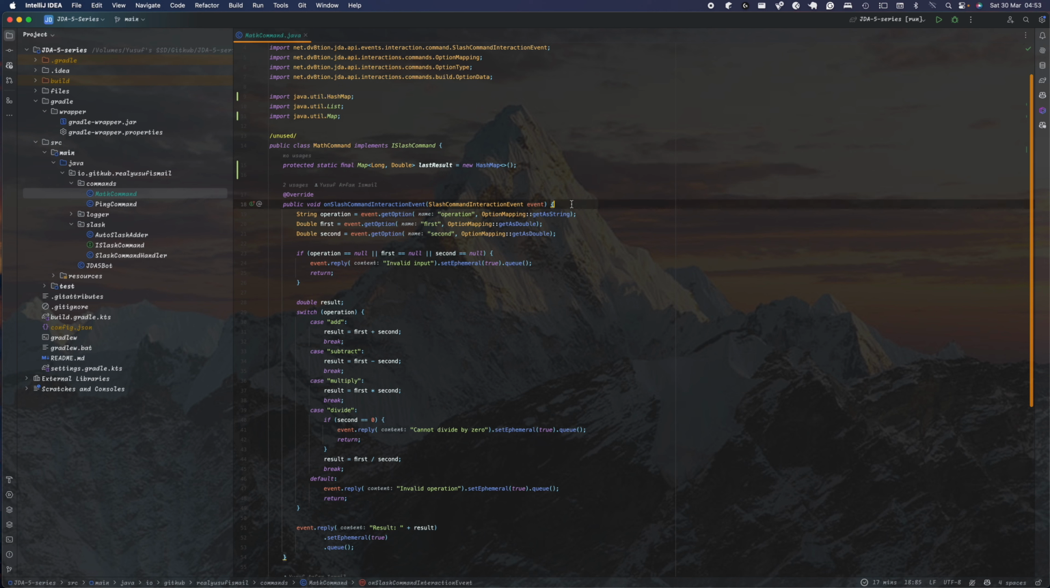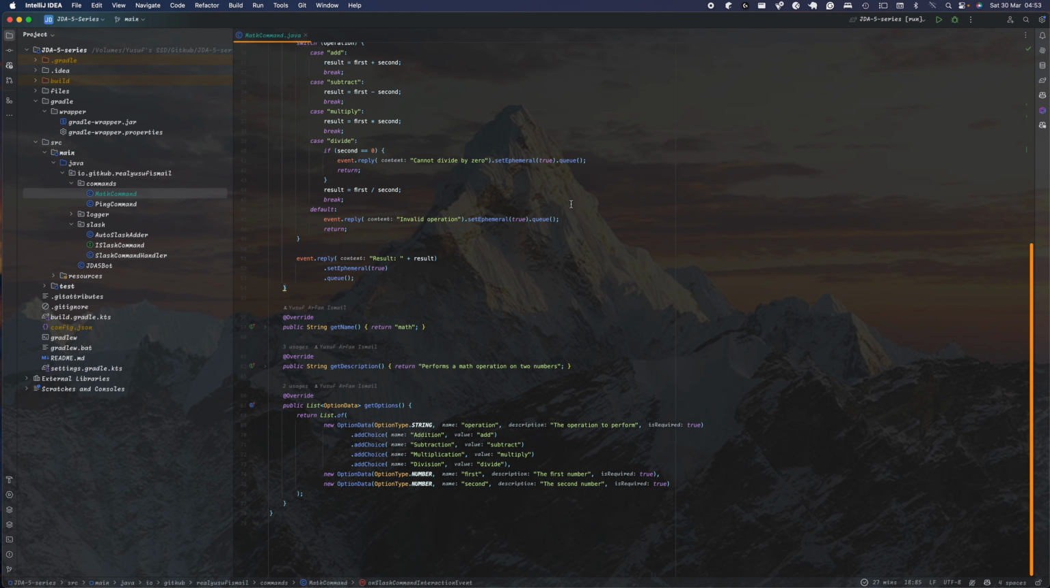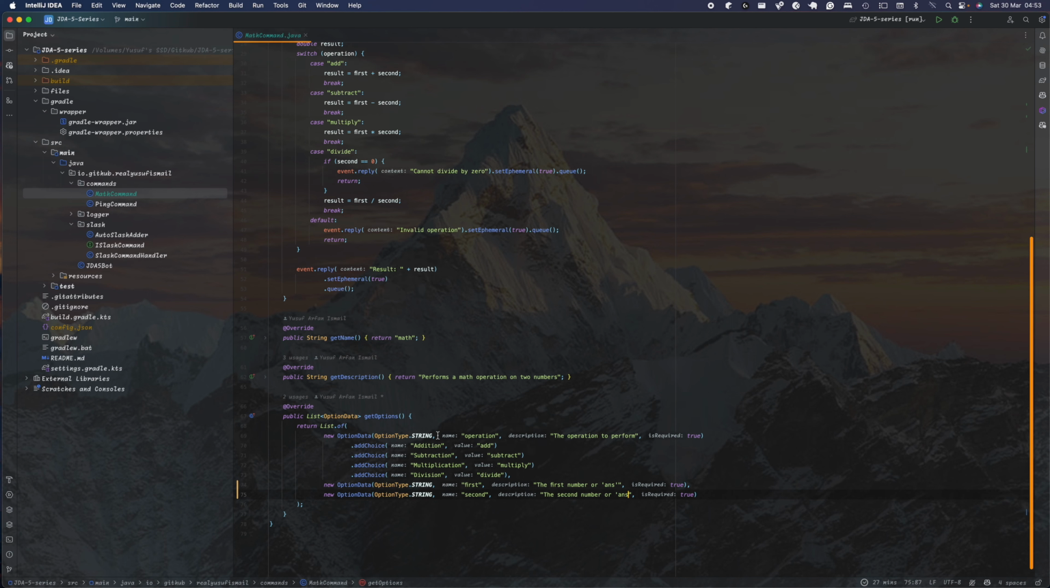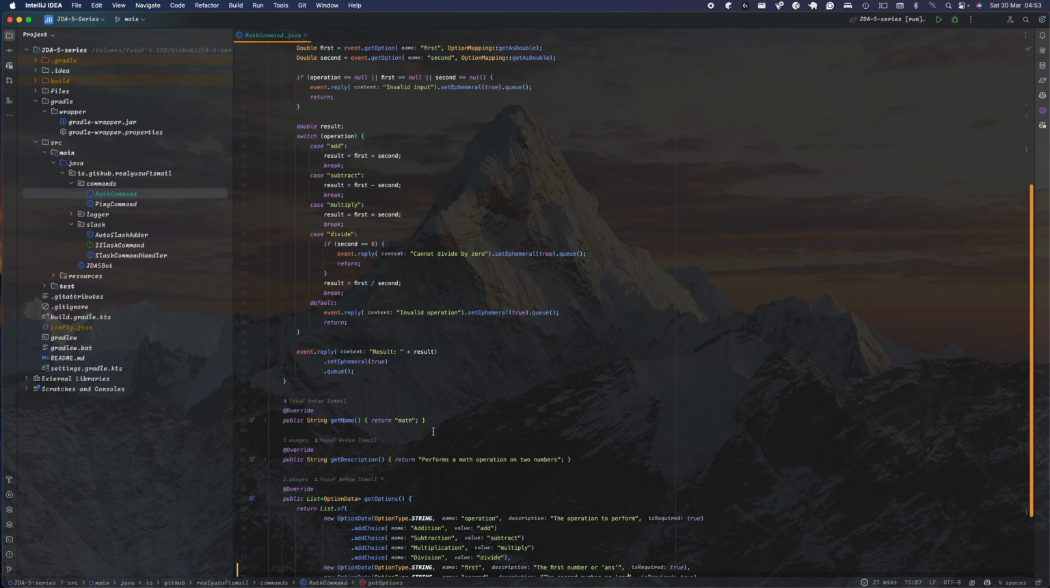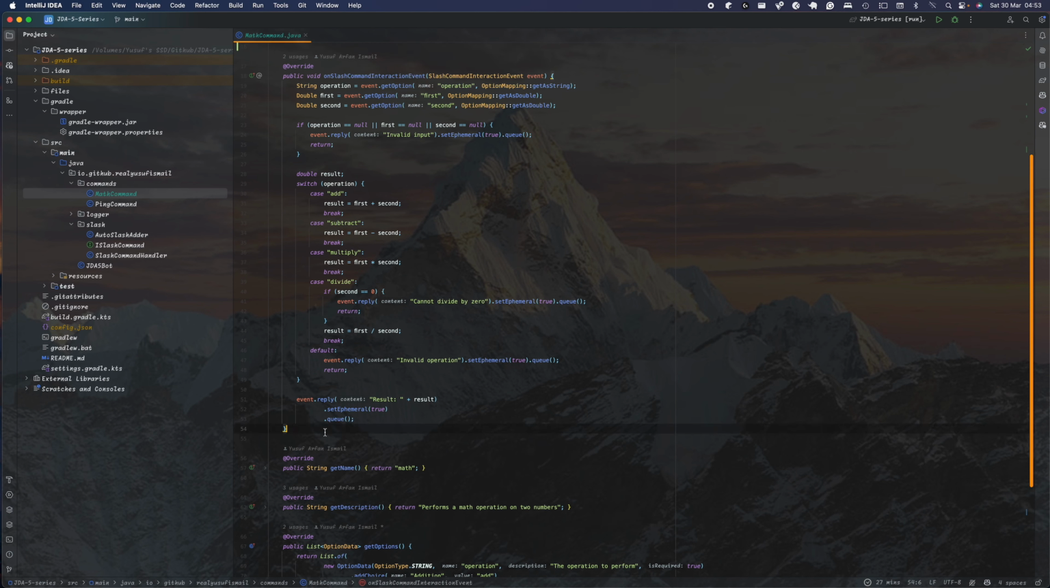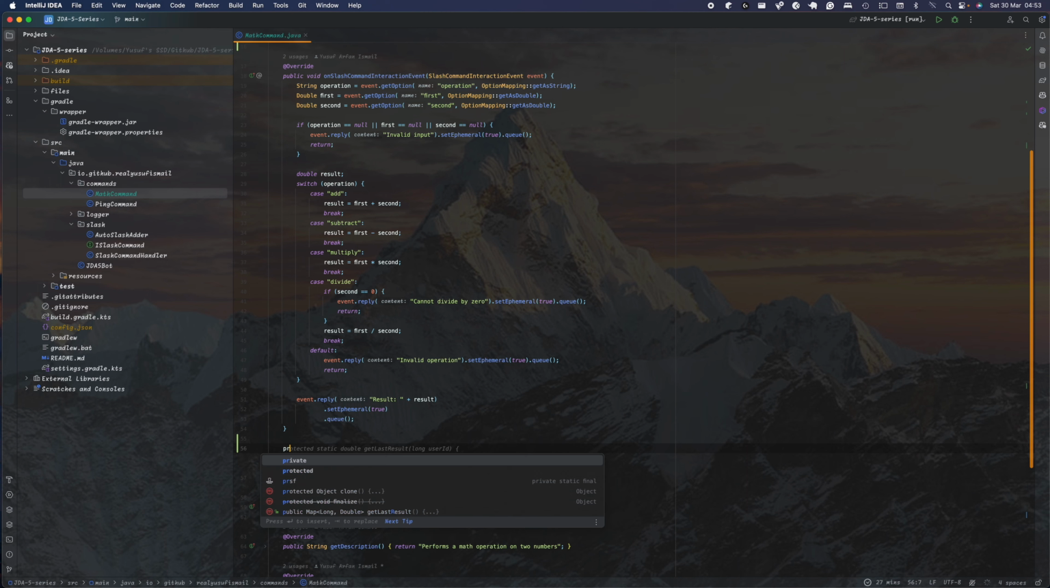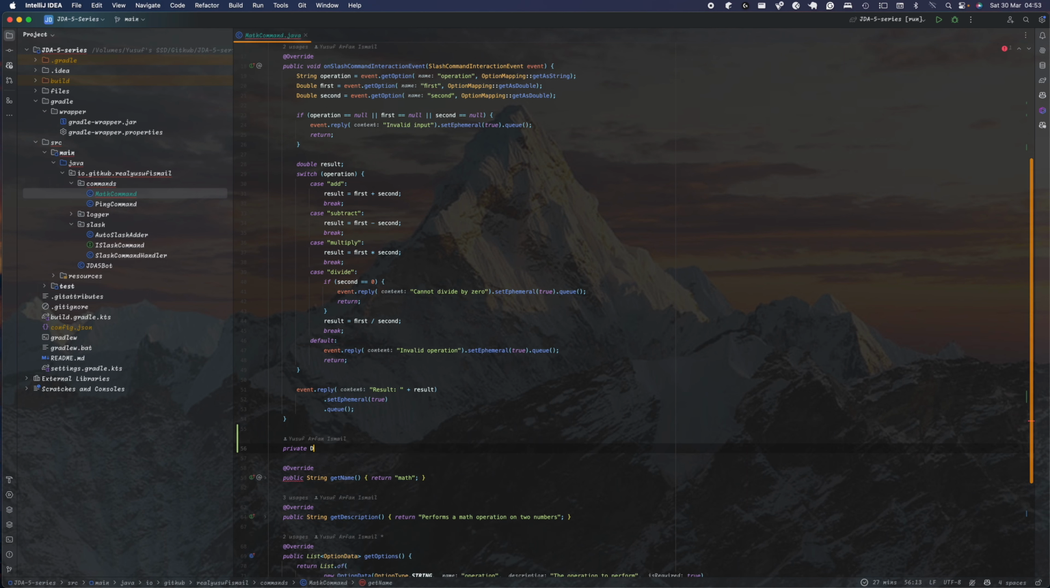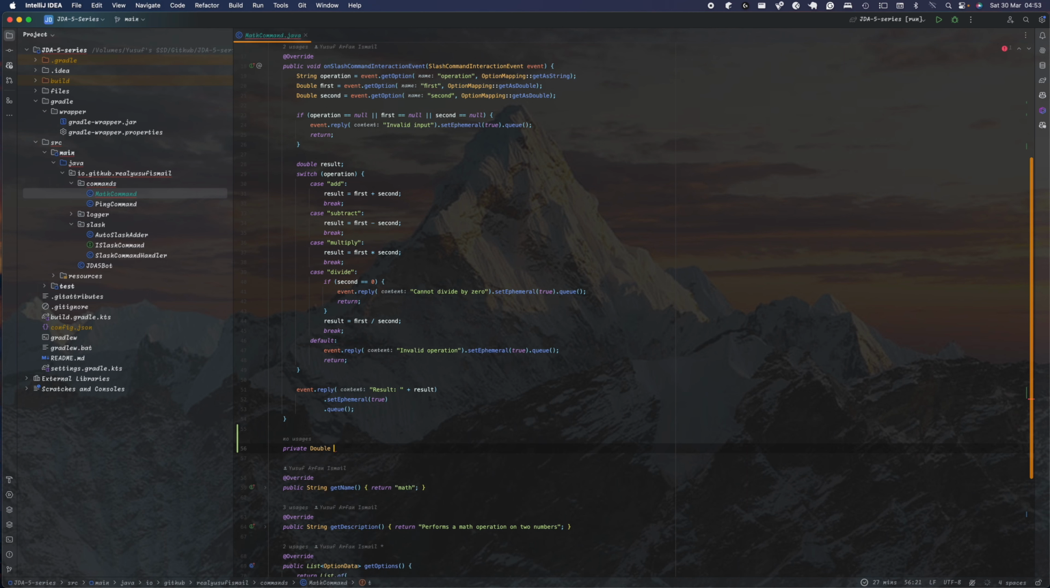Now we want to head over to below, and then you're going to go back to here, and you're going to change this to string, and then here you're going to have the first number or ans, and then you're going to have the same here, or ans. And now because we've changed it to strings, we need to check if it's a number. So you need to do here private double get number,